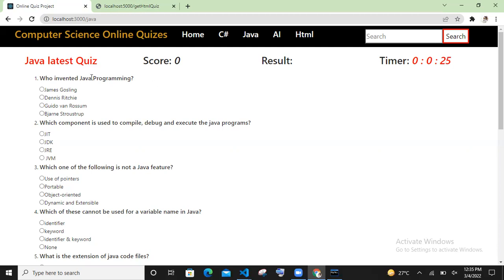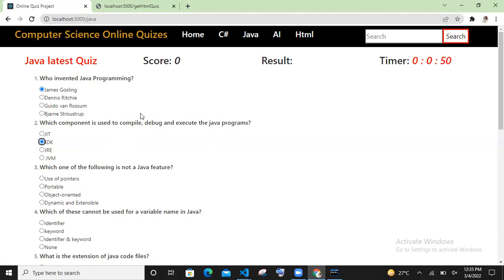So let's attempt it. If I am selecting this, for example, who invented Java programming, James Gosling, which component is used to compile, debug, execute, for instance, JDK. This interface will show my score, how much score I have attempted, and what is my result, whether I am passing or failing the test.